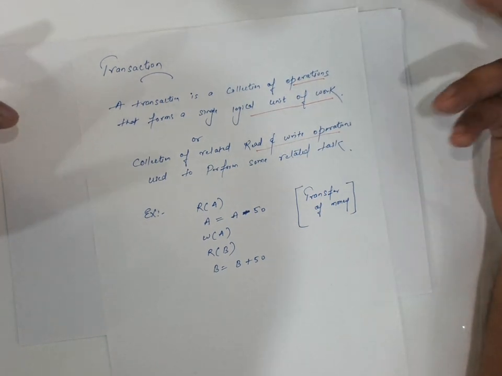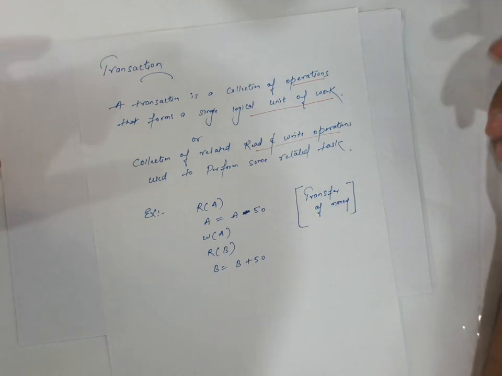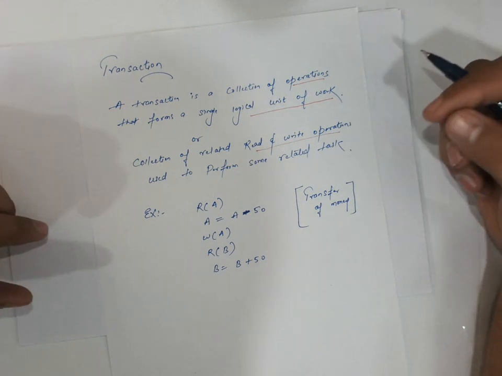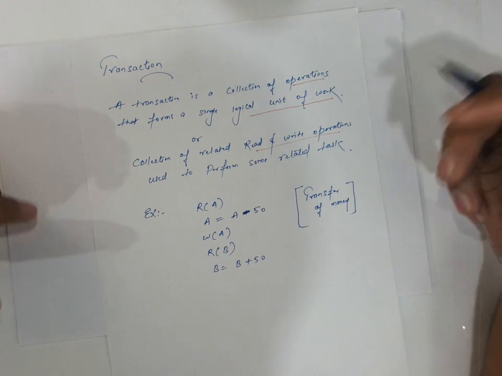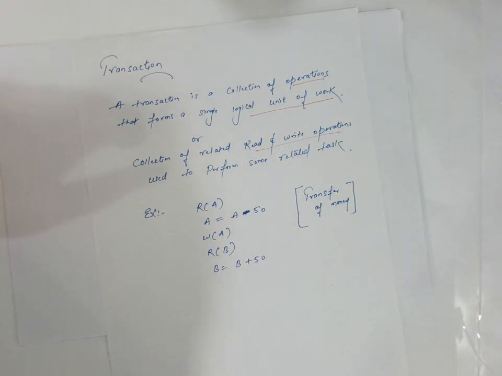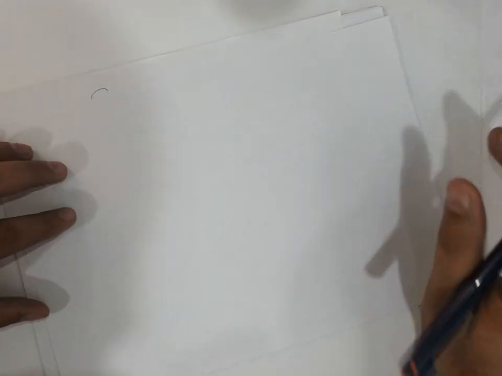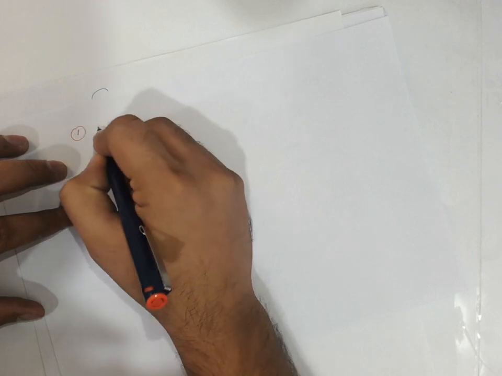The transaction is an event. It is an event which occurs on the database. Generally what happens, a transaction reads a value from the database and/or writes a value to the database. So first of all we have to consider the two important operations before diving into the unit. First operation is the read operation.